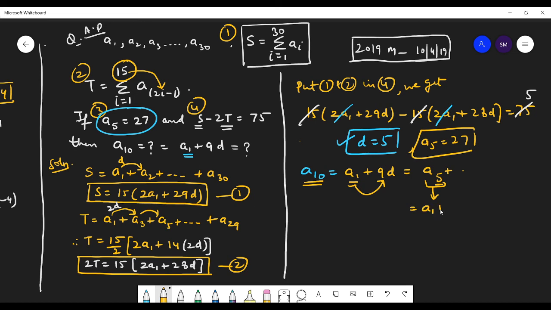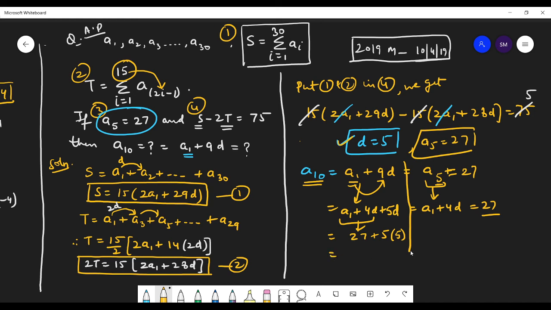A1 + 4D, चलो ऐसे लिख लो। अब इसको क्या लिख सकते हो आप? यहाँ इसको A1 + 4D + 5D ऐसे लिख सकते हो। Yes, sir. तो ठीक है, ऐसे कर लो फिर। A5 कितना है? 27। तो A1 + 4D कितना है? 27। और 5 × D की वैल्यू कितनी है स्टूडेंट्स? 5 × 5। तो कितना आ गया A10 आपका? 52। ओके स्टूडेंट्स।